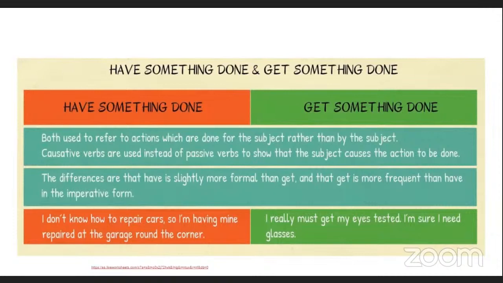When have and get are being used in the present time, no matter if it's present simple or present continuous, your verb is going to be in the simple past. But whenever have and get are going to be in the past, like using past continuous, your action in the sentence will be in the past participle. That's the relation.